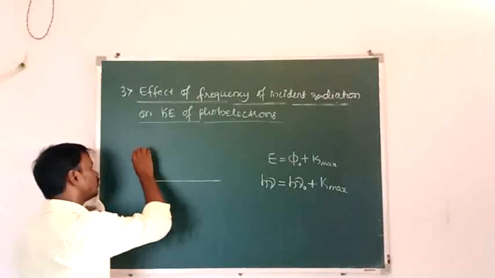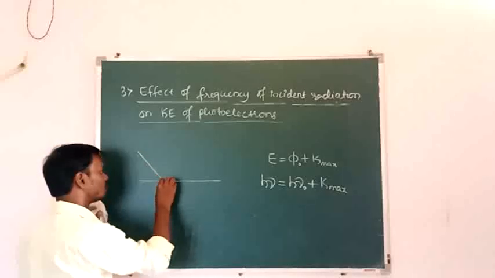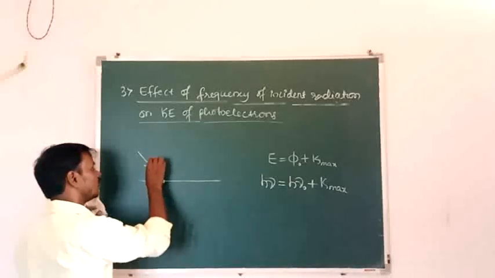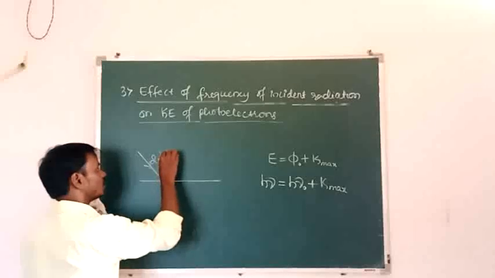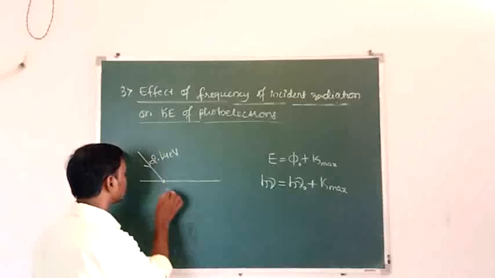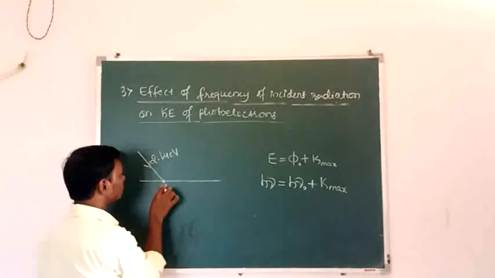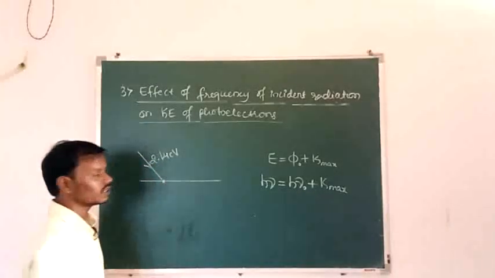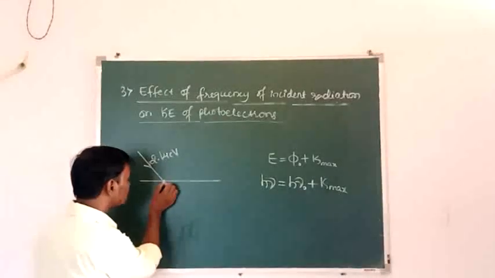Then what is the minimum energy required to eject an electron from the surface of the cesium metal? That is 2.14 electron volt. That is equal to work function. If the energy of incident radiation is equal to the work function of the metal, the electron just escapes